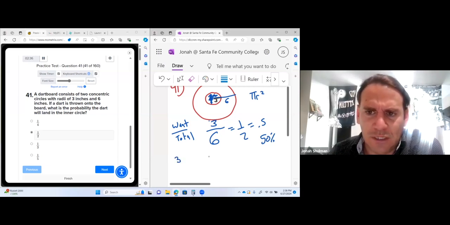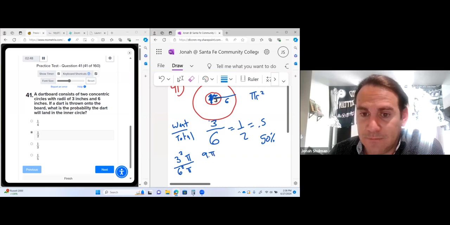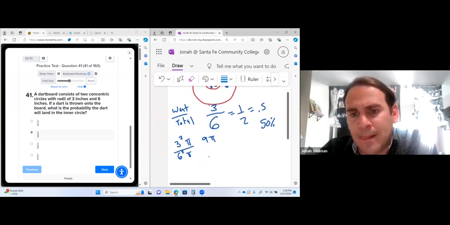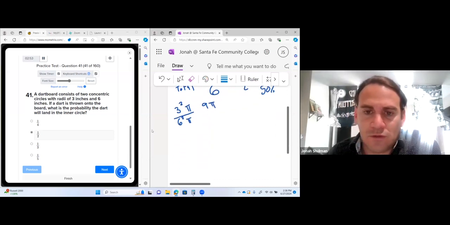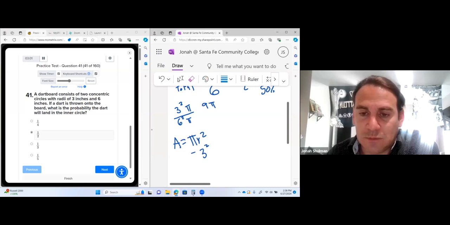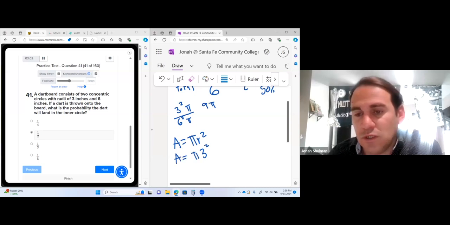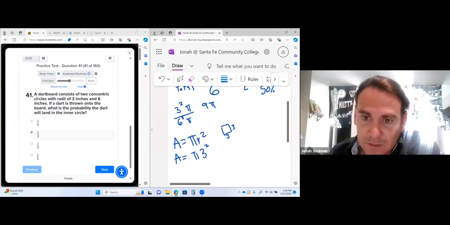So we have 3 squared pi, and I have 6 squared pi. Well, this is going to be 3 times 3 pi is 9 pi's, right? Sorry, I should go over the formula first. The area of a circle is pi r squared, okay? The radius of the first one is 3, squared, times pi. And a square, you could just think about it as literally a square. It's 3 by 3. Two 3's get multiplied. It's not 3 times 2. It's a square, 3 times 3, which is 9.